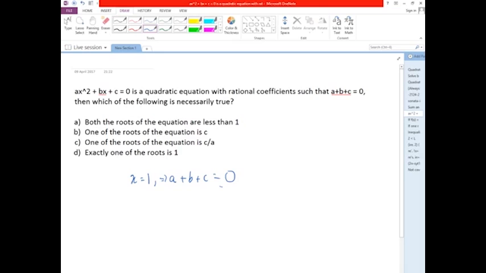Then you can solve both the roots of the equation are less than 1. No, because one equation's solution is 1. One of the roots of the equation is 1. So the product of roots is c by a, which is equal to 1